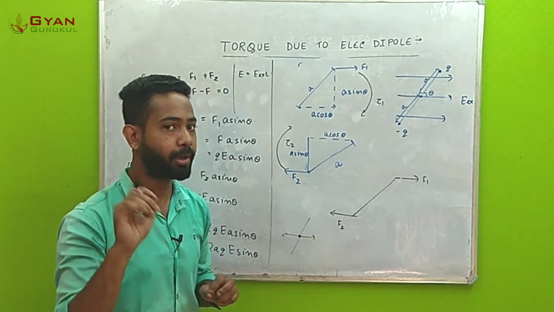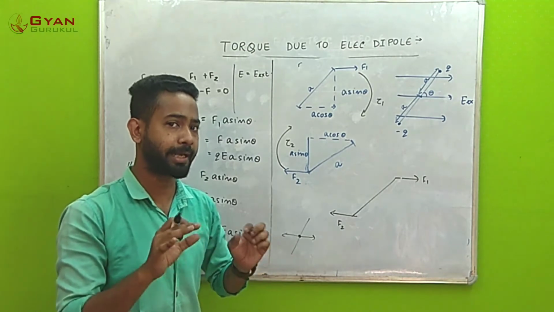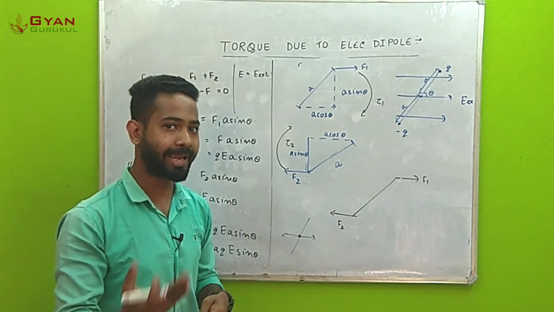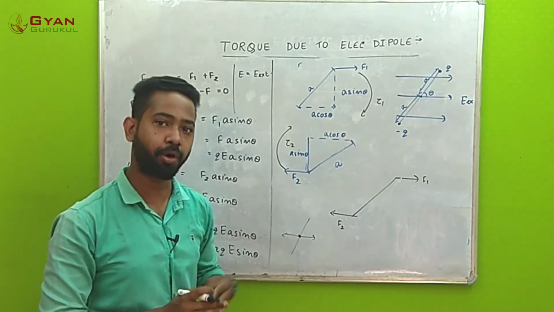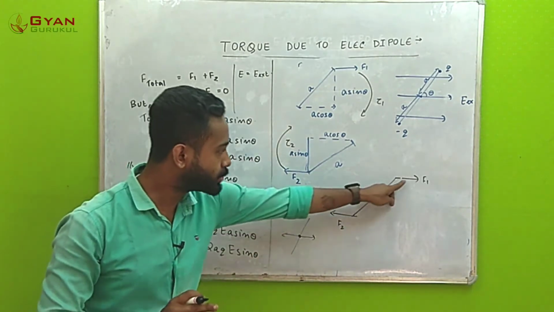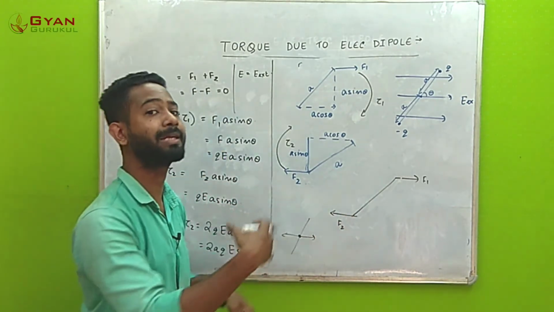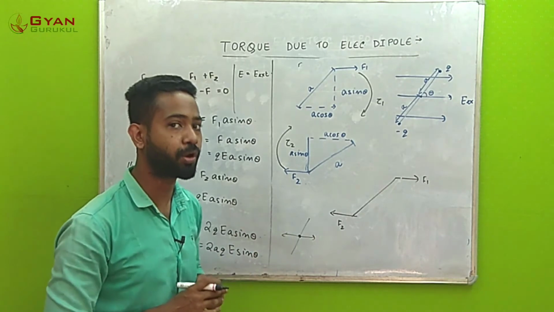That is a very important point that you need to understand. Now this is actually a concept of mechanics, but you can carry it forward for any general expression of torque in physics. That is why the total torque in the system is not 0. Now let us try to find the expressions for torque.